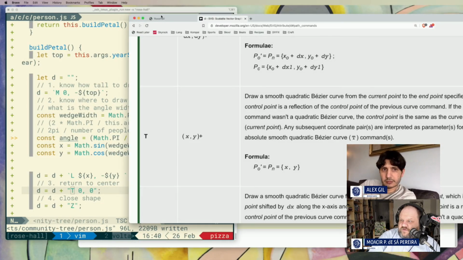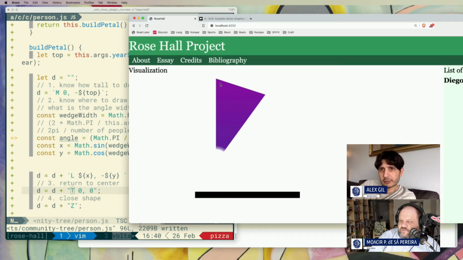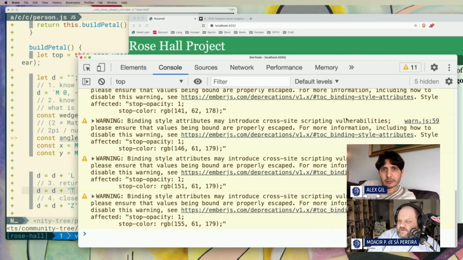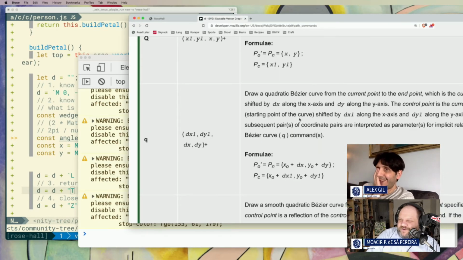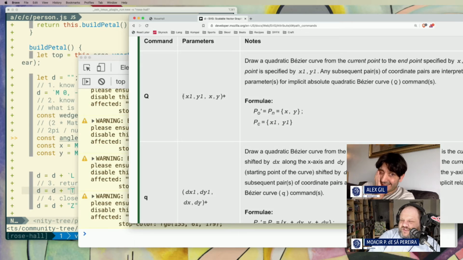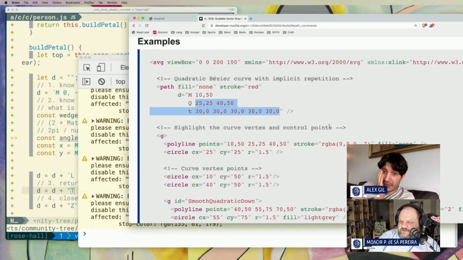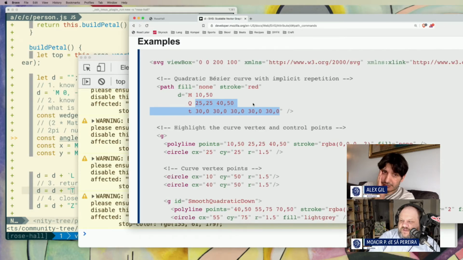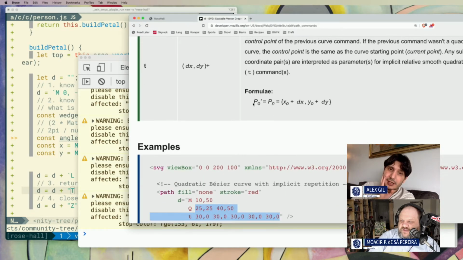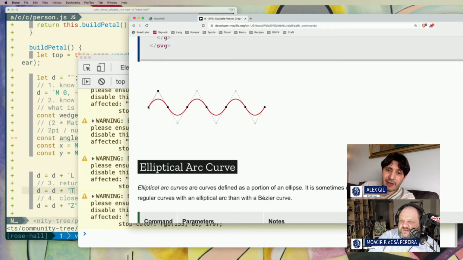Okay, so well, this doesn't look like much. Not yet, not yet. So we want to use this cubic, but this wants a control point. But how do we put in the control point? Divide the line by 8. Well, here they have 40 50. So start at 10 50. Okay, create a variable called control point.